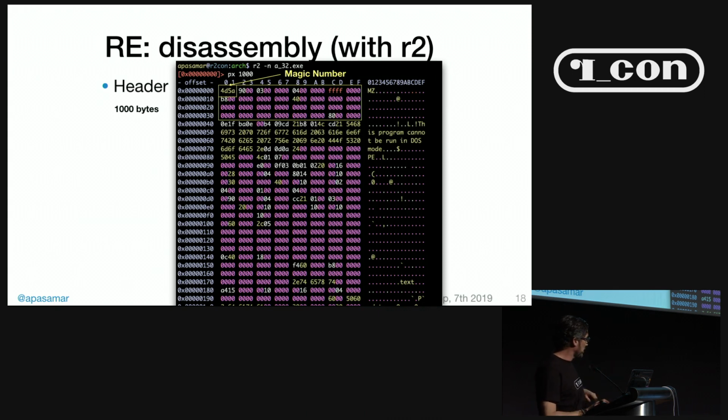Okay, it's very important to know that any binary starts with this. Is there any water here? Sorry, okay. Water. Okay,